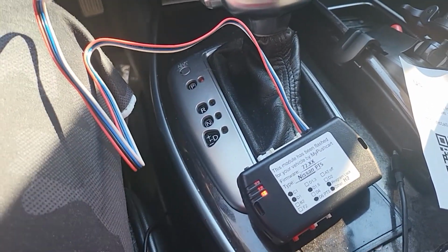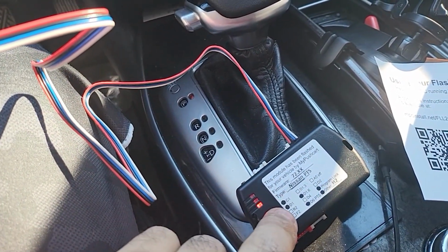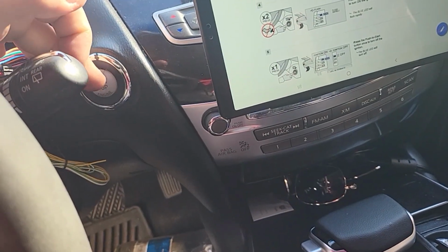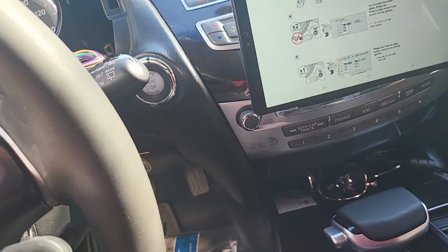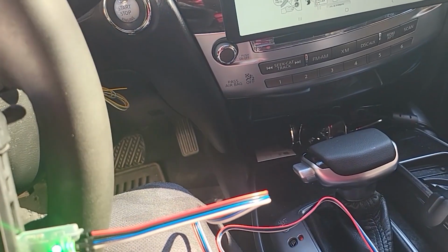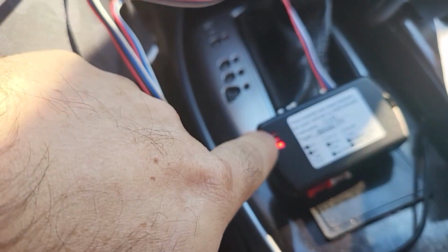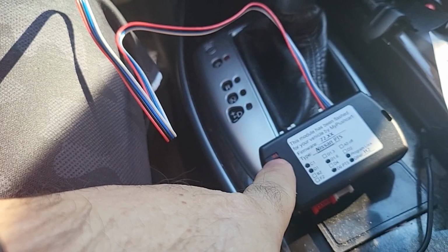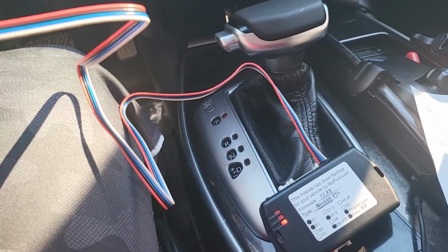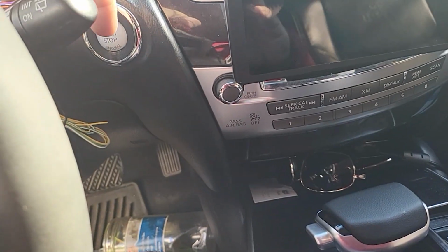Once you get there, the next step is to press this button twice without pressing the brake pedal, just twice. When you do that, it's like turn on position. The top light is going to be blinking blue. When that happens, just wait a couple seconds and then press the button again,